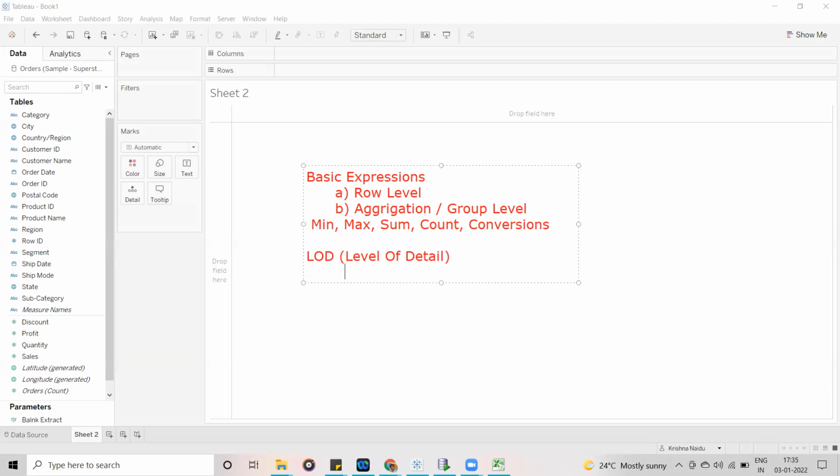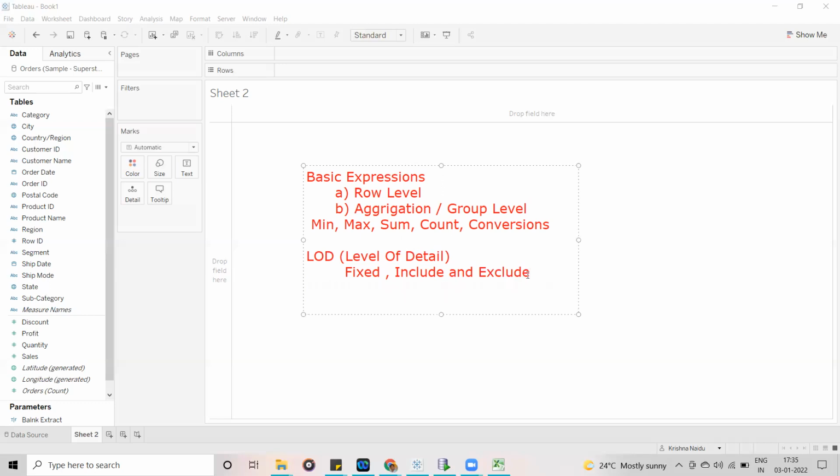One is fixed, the second one is include, and the third one is exclude. So in interviews also, people will ask what are the different types of LOD functions available in Tableau. So you have to be clear on these functions. You have to remember all these 3 function names. Okay.